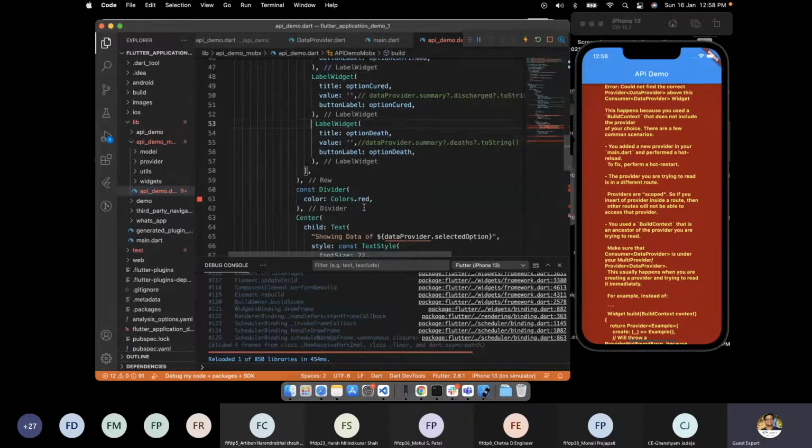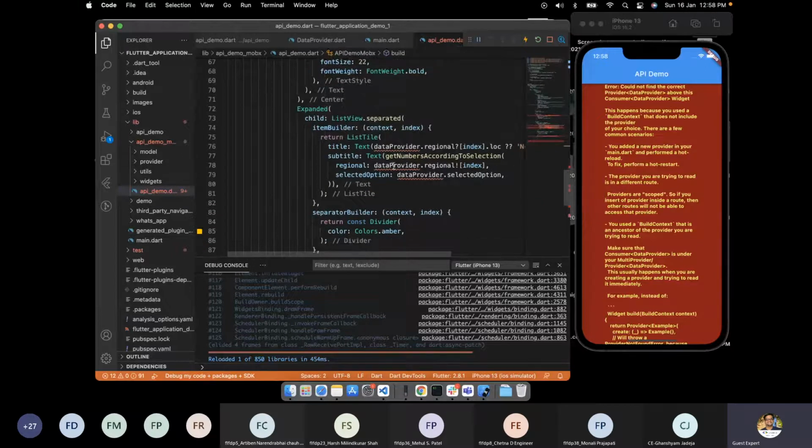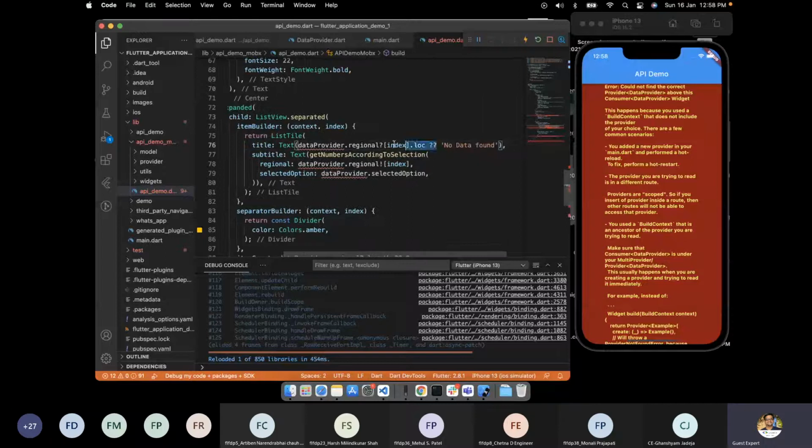Perfect. And okay, we need to change this data as well in the list style. So we'll put here no data found. Const here regional, also will pass subtitle like this, and selected option is equal to again empty for now.